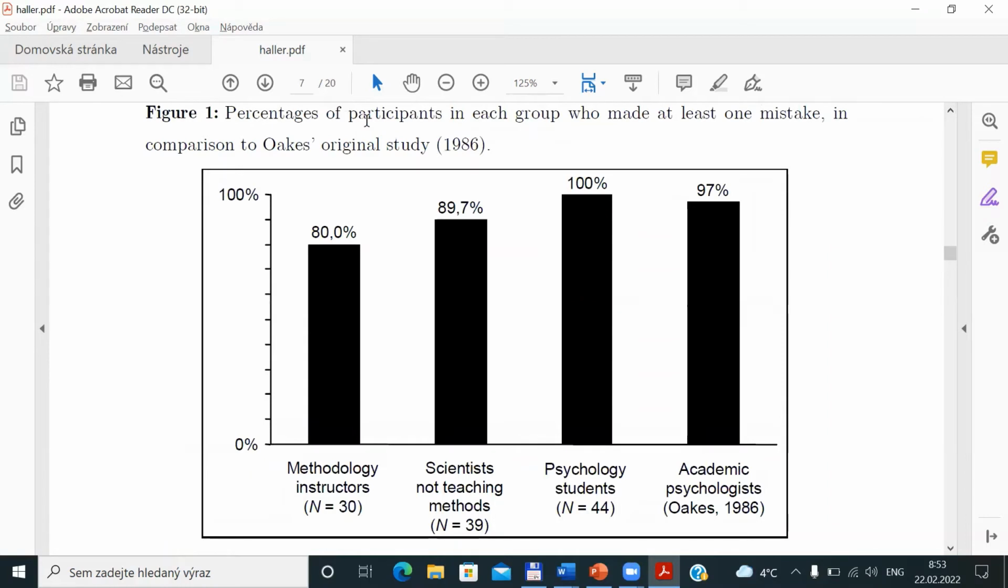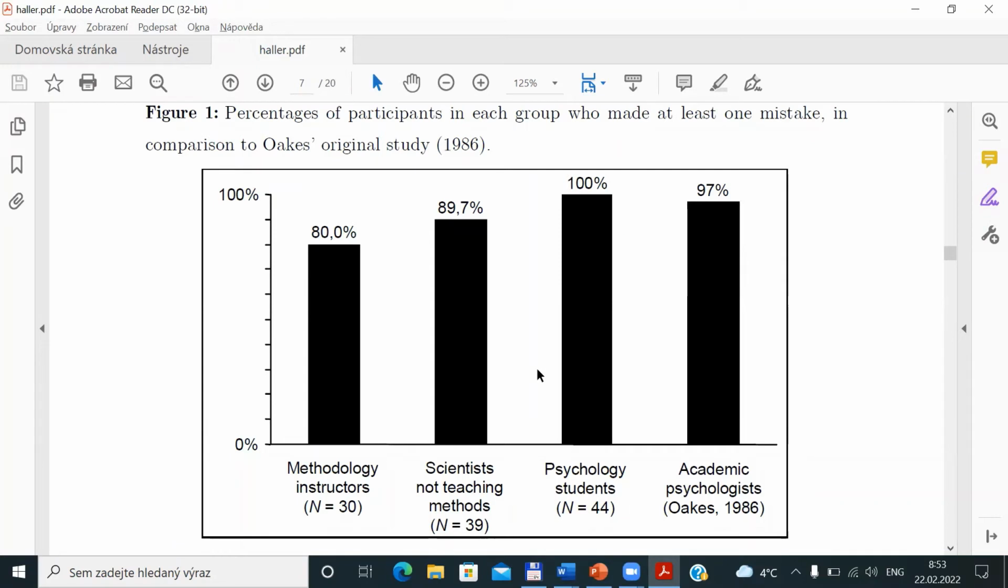which are percentages of participants in each group who made at least 1 mistake. And here we have the original study from Oakes, 1986. It was made on academic psychologists. And you can see that 97% of academic psychologists in British academia made at least 1 mistake in this test. Here you can see that for psychology students, who were administered by Haller and Krauss, all of them, it means 44, made